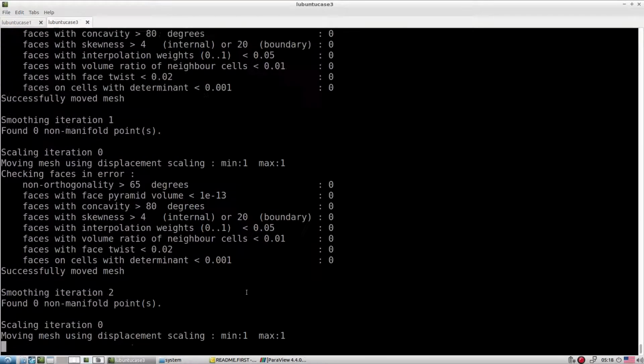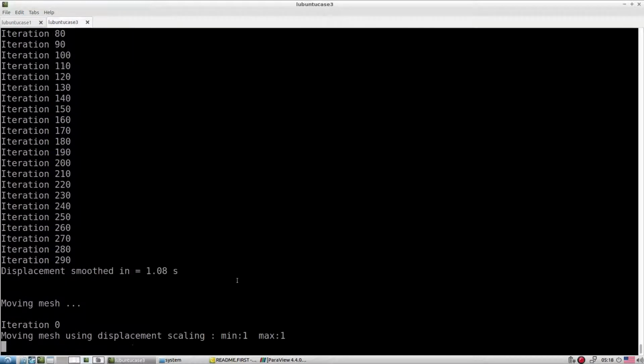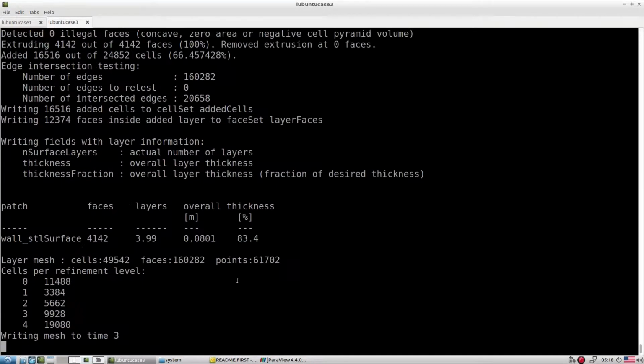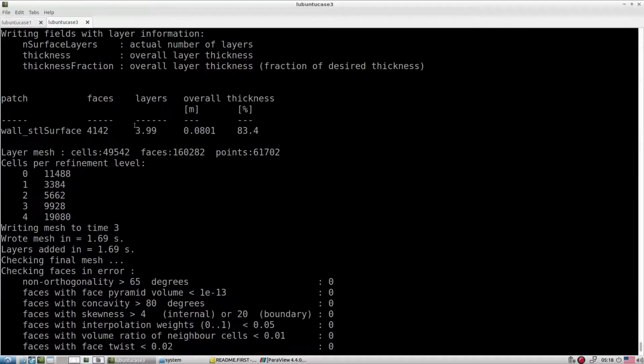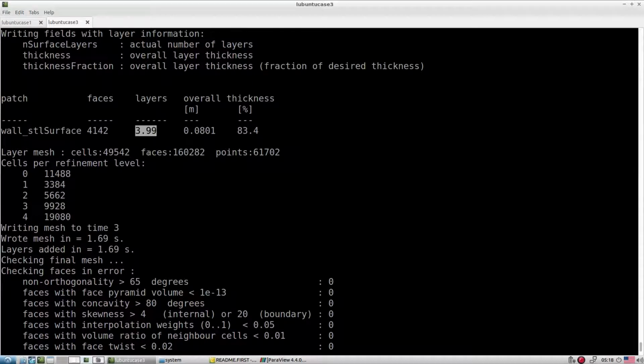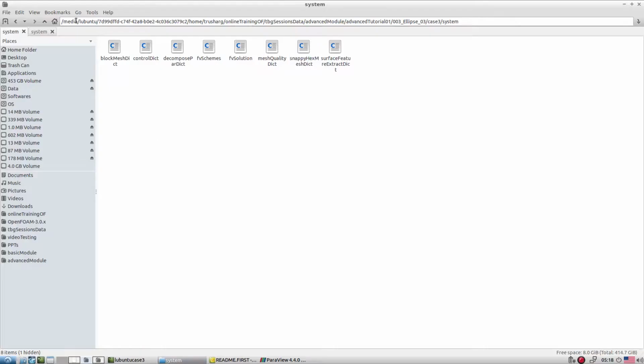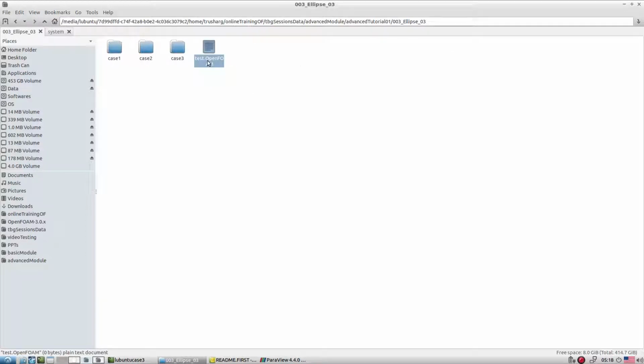Let's see how the boundary layer looks like with these new options. Okay, so that is the idea. It may take a little bit of time. Almost done. So look, in the previous case, if we remember, we had layer equal to 6. Now look, even though we specified 6 layers, it's reduced to some different value. So that means there is definitely some change in the mesh generation. So let's quickly check what is the difference we got in this mesh.